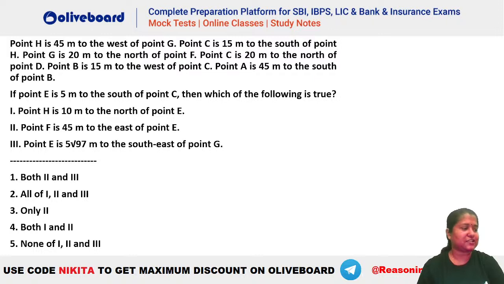Okay, Vishal says it has to be 1, that is both 2 and 3. विशाल पक्का थर्ड वाला सही है? कैलकुलेट कर लिया 5 √97? मयंक कह रहे हैं ओनली 3, मतलब थर्ड वाला, that is only 2. ओके.